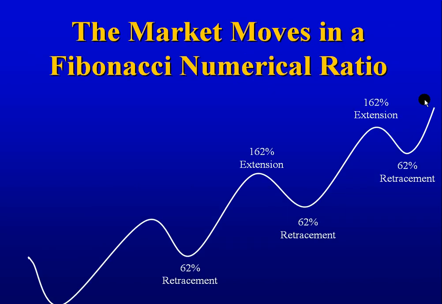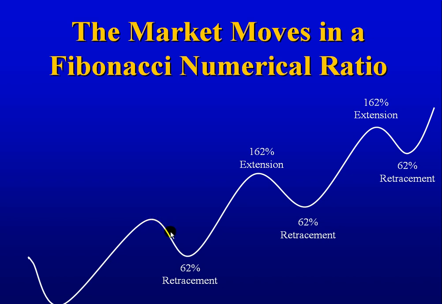The market moves in a Fibonacci numerical ratio. Take this uptrend, for example. In general, what we're looking at is price retracing 62% and extending 162%, retracing 62% and extending 162%. Now what this means is that if this price swing is 100,